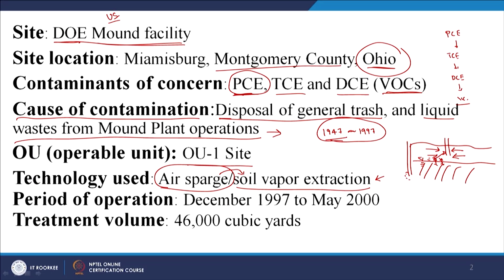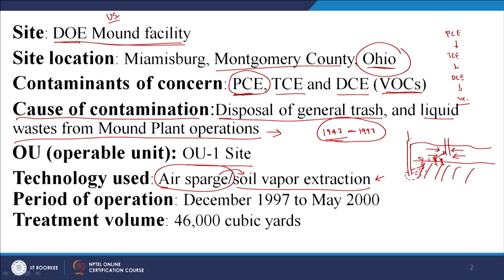Or you can bubble air through this particular contaminated water, thus accelerating the change in phase of the contaminant from aqueous phase to the gaseous phase. So, what are we going to do? We are just going to bubble air, or purge air, through this particular contaminated water. So, you have this uncontaminated air bubble that is moving through your contaminated water.